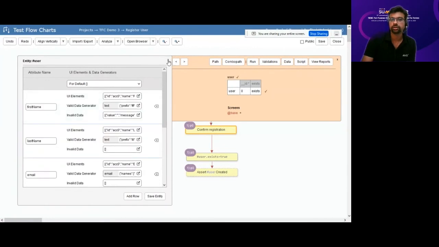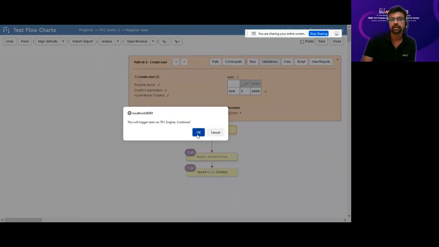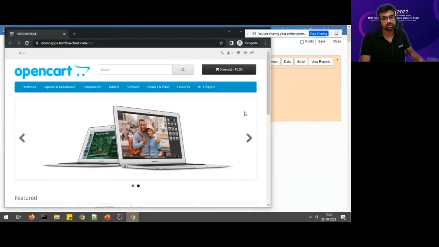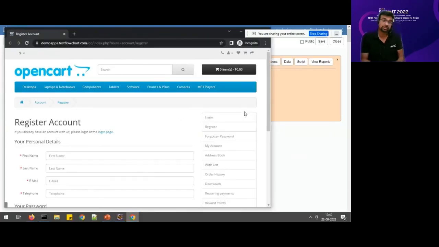And what we can do is, if I were to say run validations here, it'll execute only the validations that are applicable in that particular step. It'll do all the preconditions and then come up to that particular form and then pick all the validations and run them against it. So that is what it does. Okay, so I'm open to questions now. And that's all I wanted to show you.